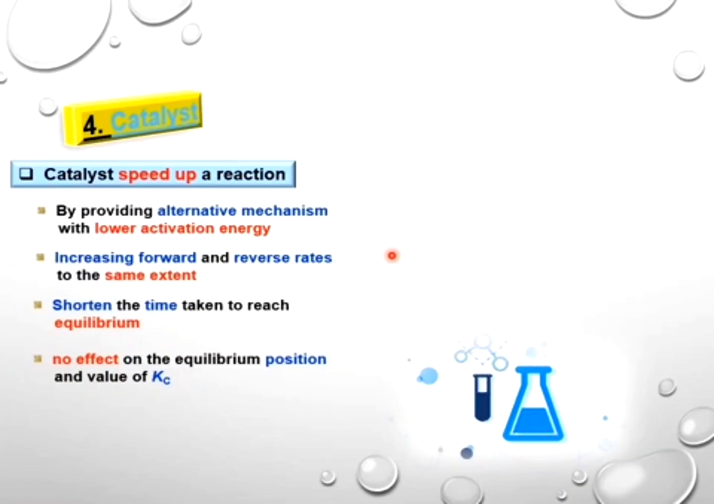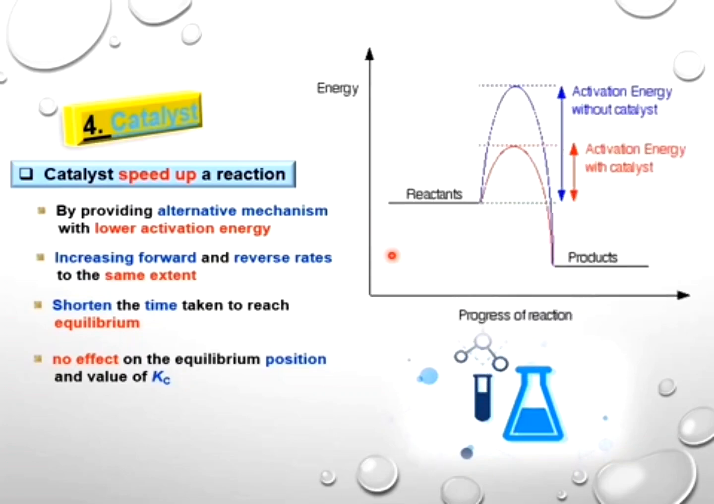So ingat, kita tambah catalyst, dia takkan kacau sistem awak. Dia cuma cepatkan je kadar tindak balas. Okay, so kalau awak buat eksperimen, ada catalyst, eksperimen awak akan jadi cepat siap lah. Okay, so saya boleh bagi contoh dari segi